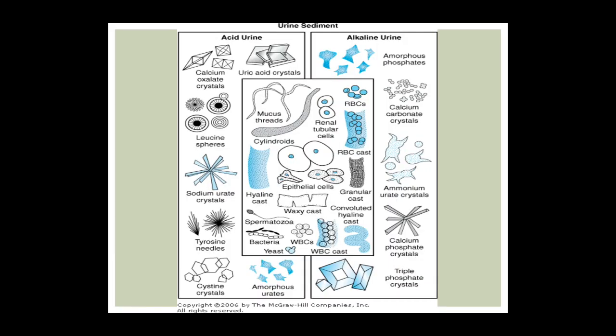These are the other things that you may find in the urine routine. You can have an acid-based urine when you have the calcium oxalate crystals that you can see, or uric acid crystals, and all these fancy kind of designs, like they look like earrings, most of them to me. But the pathology guys would know better. In alkaline urines, you will find mostly calcium carbonate crystals, ammonium urate crystals, and then of course you have these